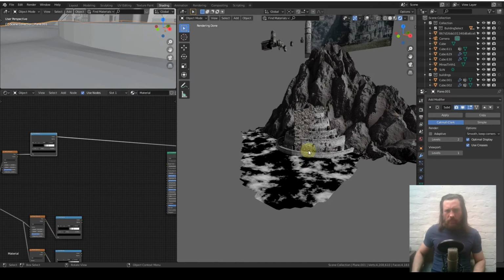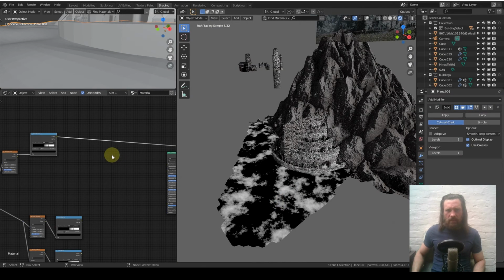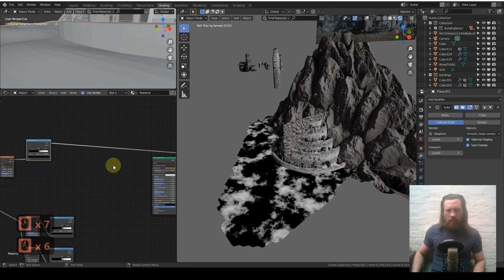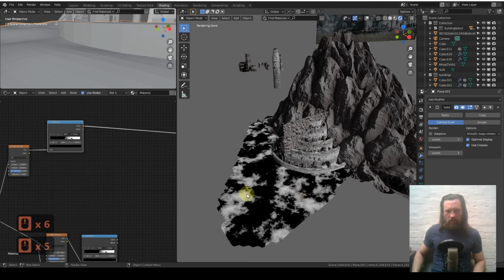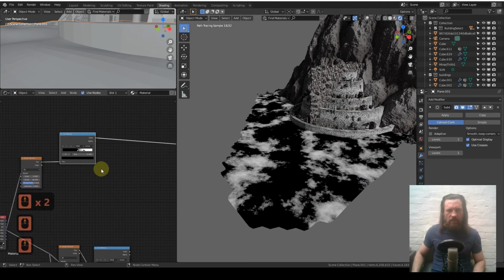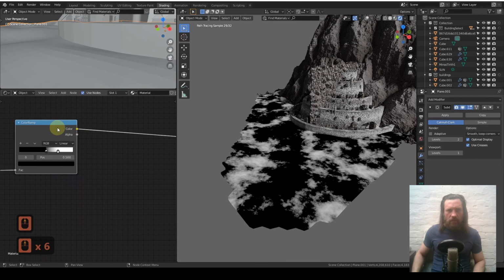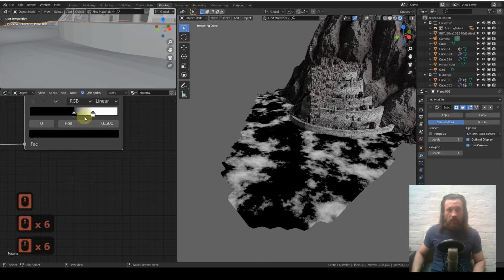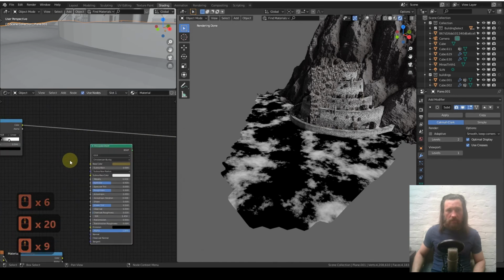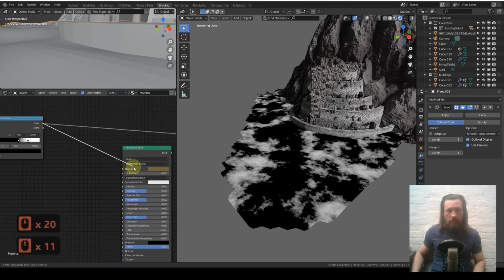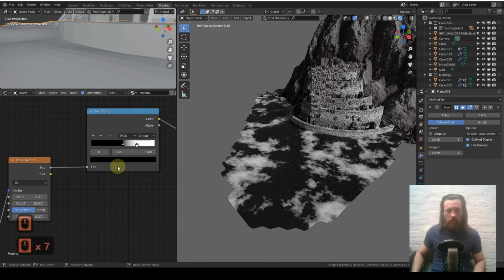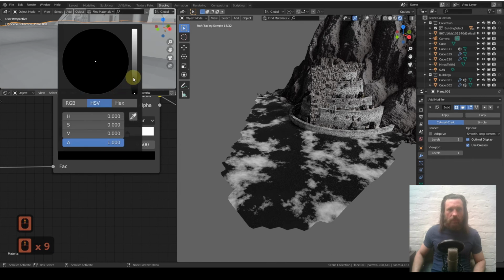We finished up here with this black and white mess, and I think I've had a quick think, and I think I know what we can do here. First up, I want this to be two different colours. The very easy way to do that is to just change them here. But first, if we plug them into the colour input of the principled, and then Control Shift click the principled, we get a black and white flower. We don't want that, so we're going to change